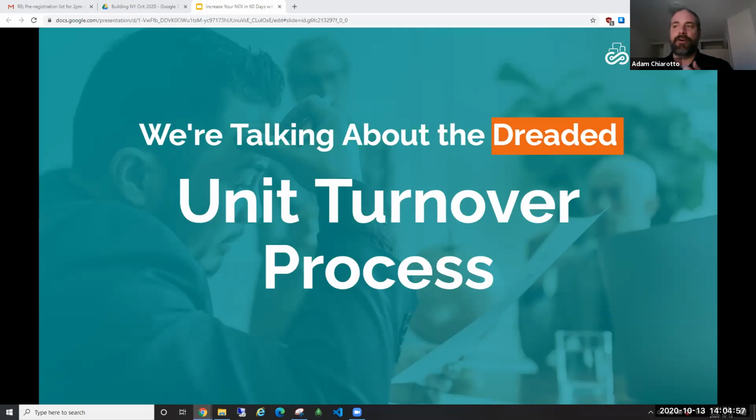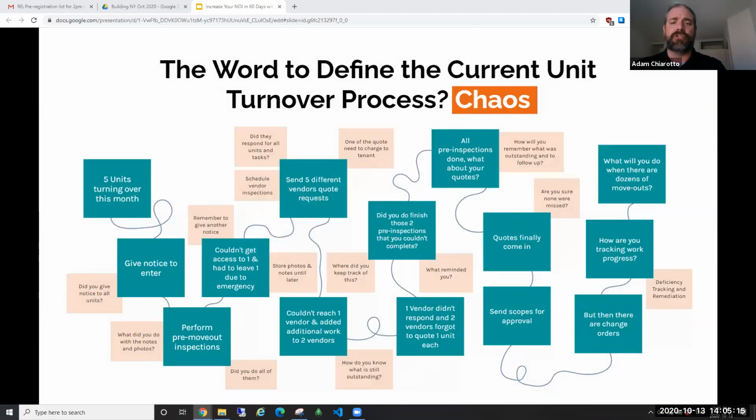you're juggling 50-plus inspections. You've got to deal with your vendors and your contractors. You've got to deal with ensuring that site staff are doing what they need to do, when they need to do it, to prepare for when that unit gets vacated, to minimize the amount of vacancy loss. And when you look at a traditional turnover process, we kind of define this as chaos, and it's not necessarily chaotic in the sense that everything is random, but it is a lot of balls to juggle.